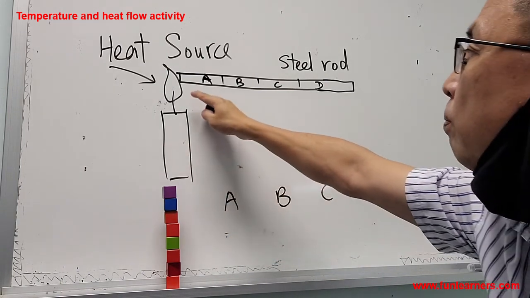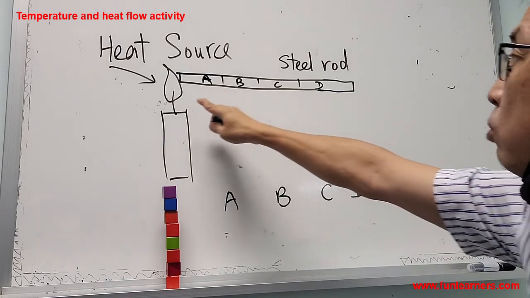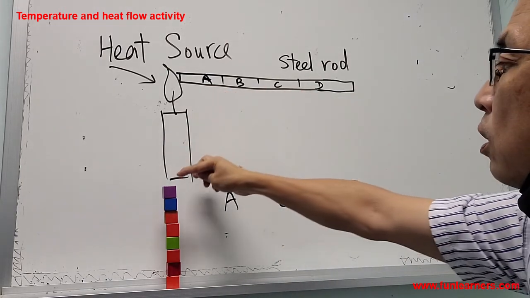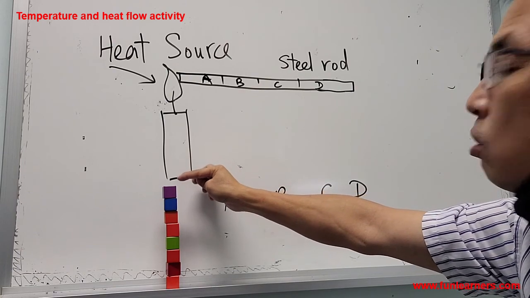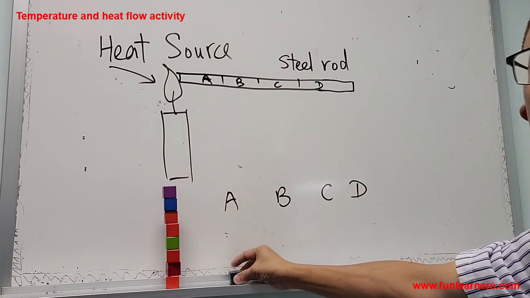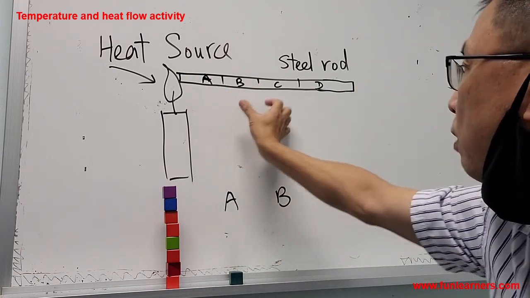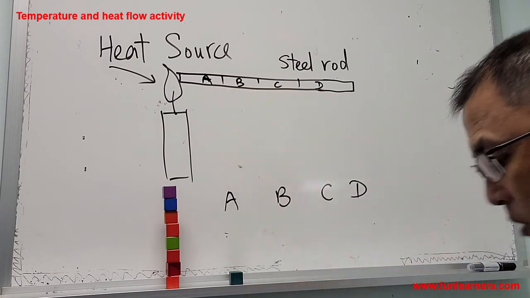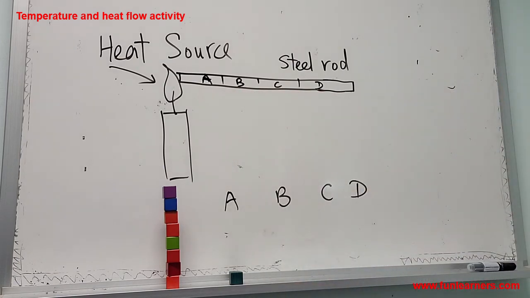Heat always flows from high to low, from high temperature to lower temperature. So heat will flow from the heat source here to A. This portion we call A, B, C, D. So it goes to A first. When heat goes to A